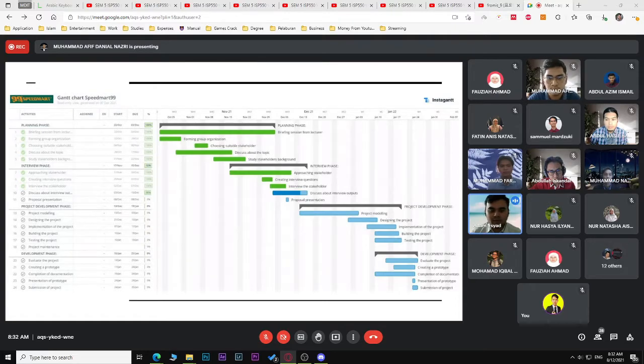Okay, this is our Gantt chart for our group project. There are a few phases along the semester that we created so that our group will be more organized. The first phase is the planning phase, where we create group and form group leaders and choose topics from the grocery stores. And the second phase is the interview phase, where we try to approach the stakeholder and try to gather as many